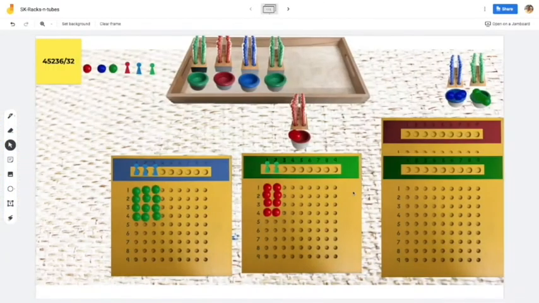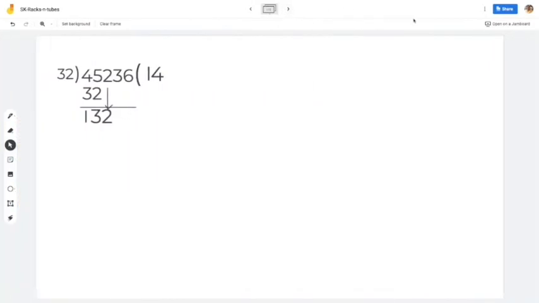Getting back to our working space, we need to see how many beads are used up on the boards. So we have 3000 taken 4 times, that is 12,000 on the tens board, and 200s taken 4 times, that is 800s on the units board. So totally we have 12,800 on the boards. And we write that down in the next frame. We have 12,800, so we write it as 128 in the respective places below 132.